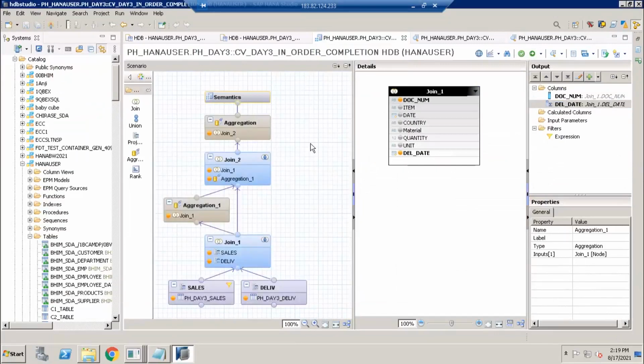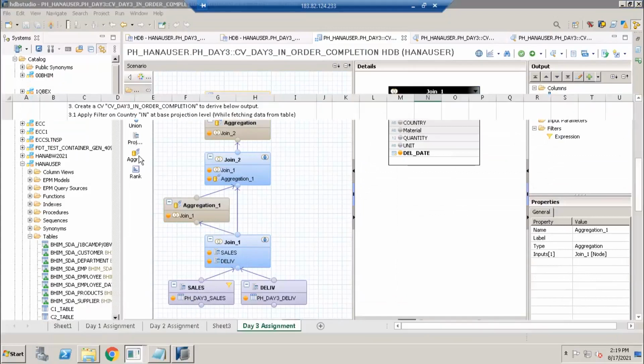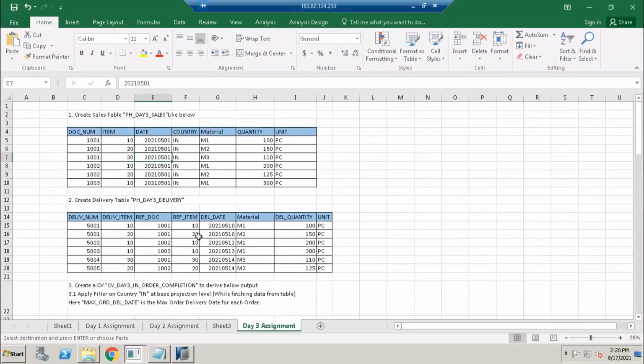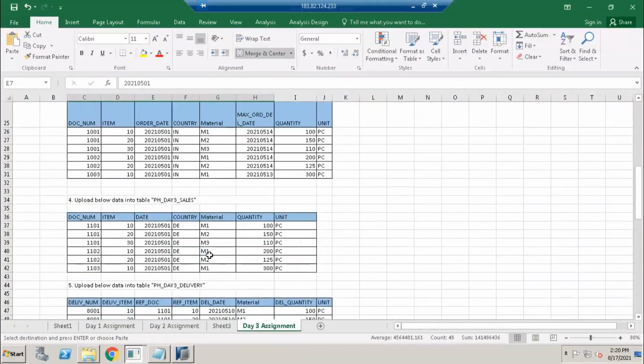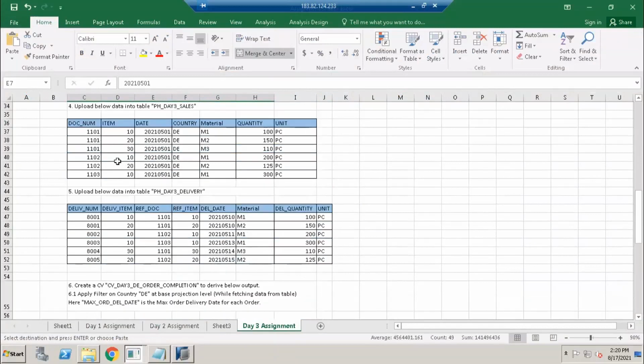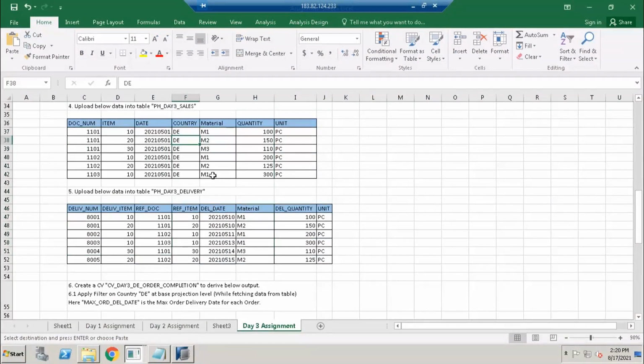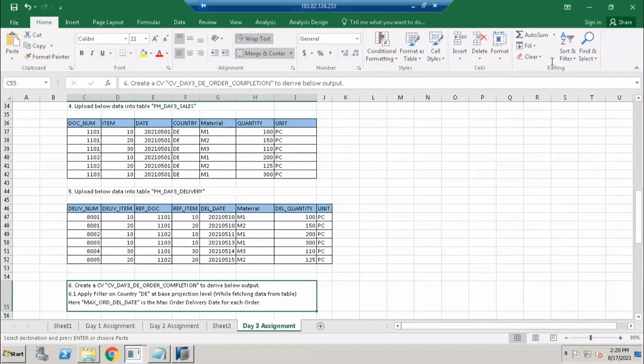So now I created one data flow. My next target is that I have another data set. The first data set is from the country India, and I created another data set in a similar fashion. Nothing changed, only the document numbers and delivery numbers changed. I want to create this data set with the same kind of example. So how do I do it simply? With the table creation, definitely we have to do it, but the CV we can copy. So here we are learning how to copy a CV also.